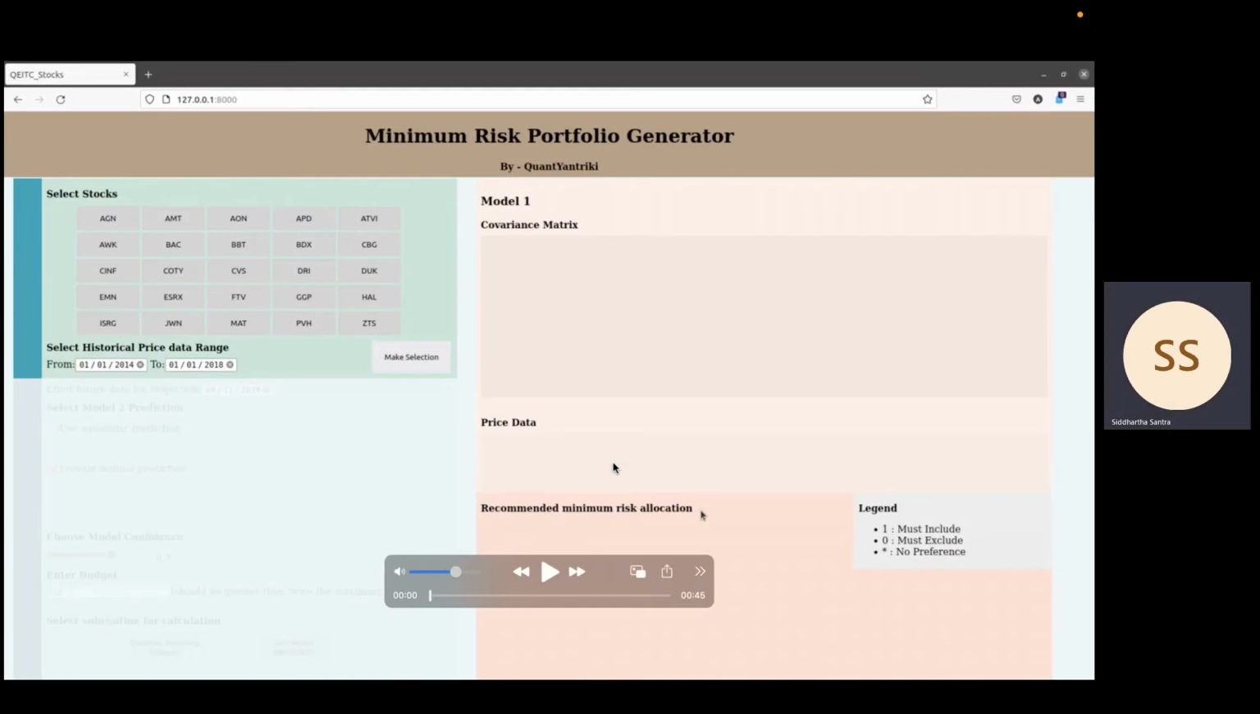So the end user interacts with what we call the minimum risk portfolio generator. This basically supplies user input to the quantum computational subroutines at its backend. Depending on the level of user access, these subroutines can run the algorithms on actual quantum hardware or on local simulators. So in order to design a portfolio, we can choose from a certain selection of stocks, and we can